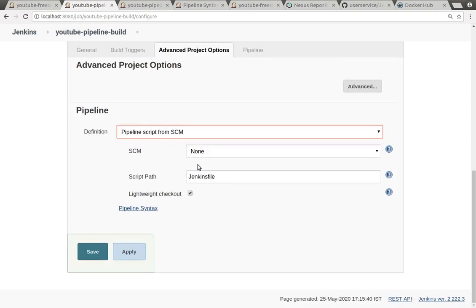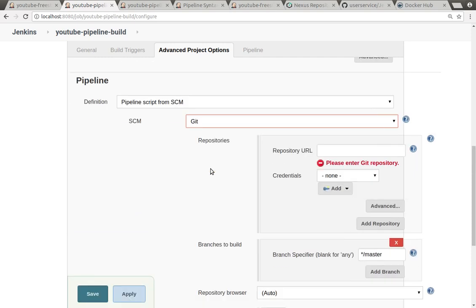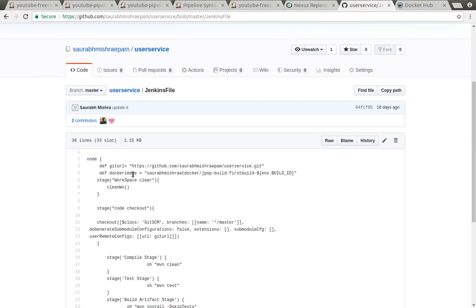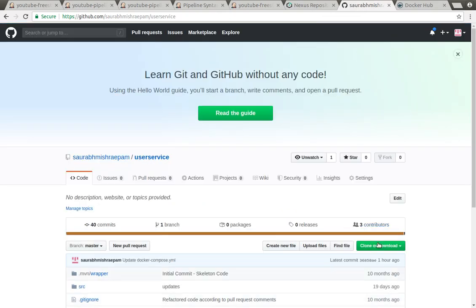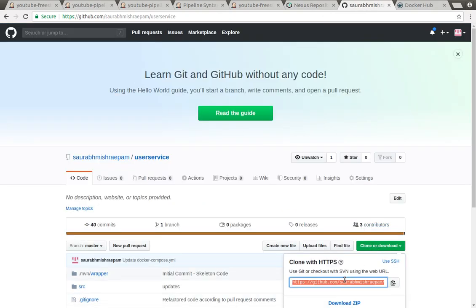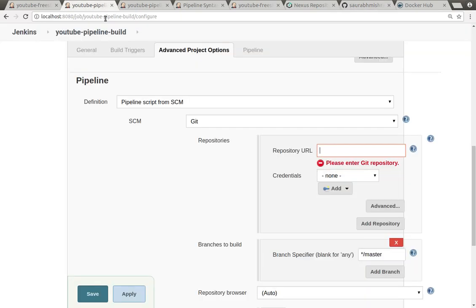In that, it will pull from the Git repository where exactly this Jenkinsfile, or any other file if you are providing one, is located, and you can give the path of that. So whatever Git repository I have, I can give the Git repository URL, and after that the pipeline is ready.